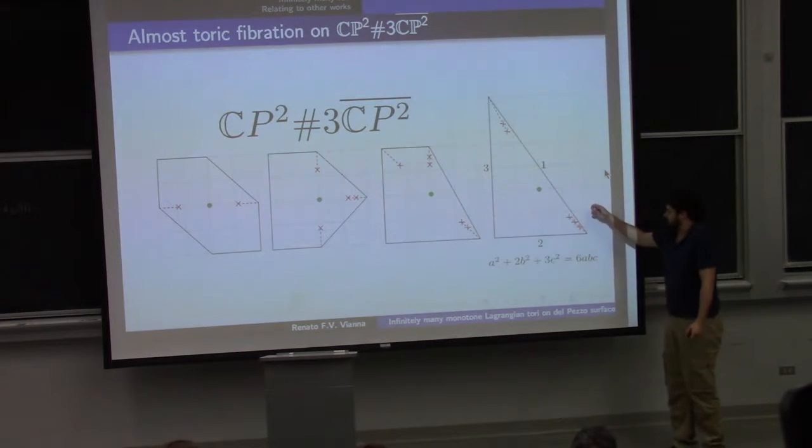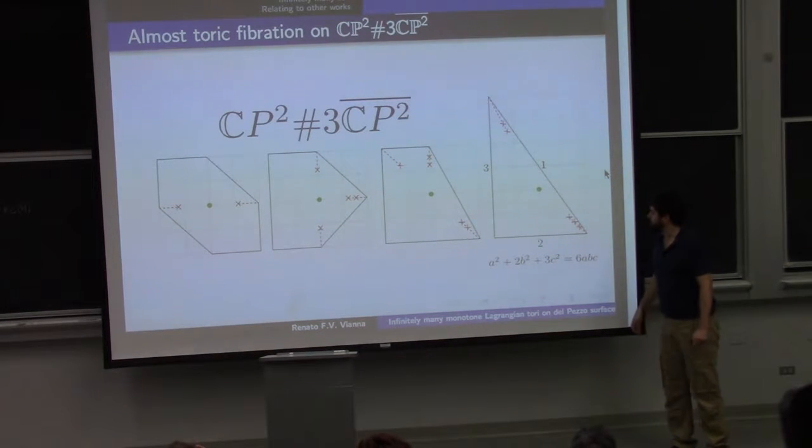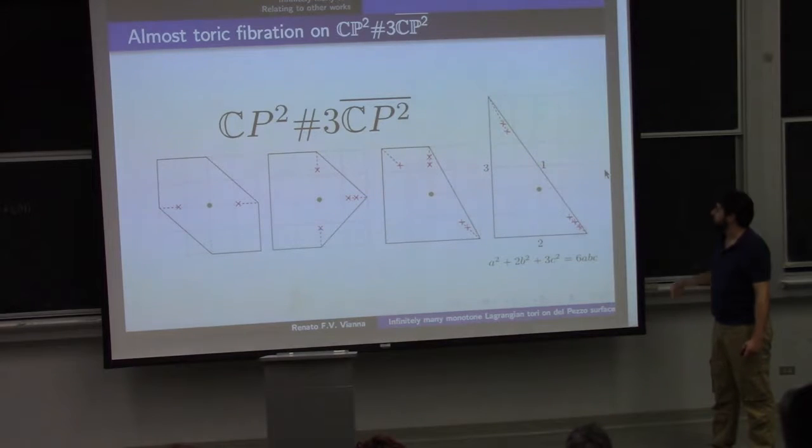So once you know that there are infinitely many solutions for this equation, which was proven by Karpov-Login, I can say that there are infinitely many monotone Lagrangian tori. And the second reason, that's not as important now that Tokanov and Pascal have proved wall crossing,